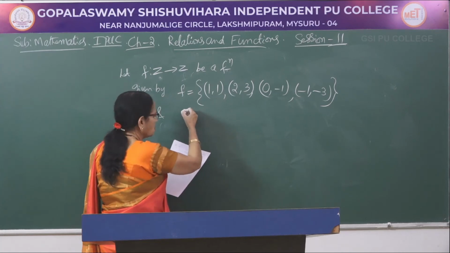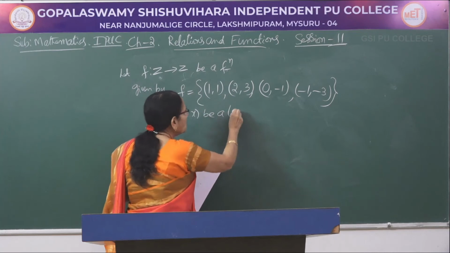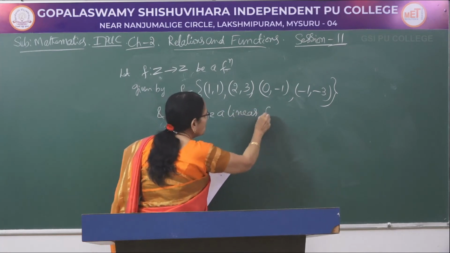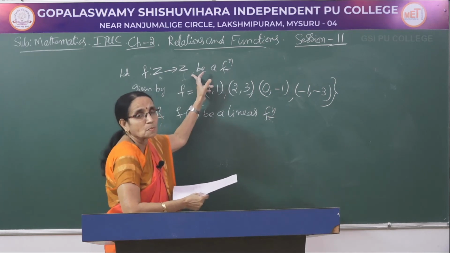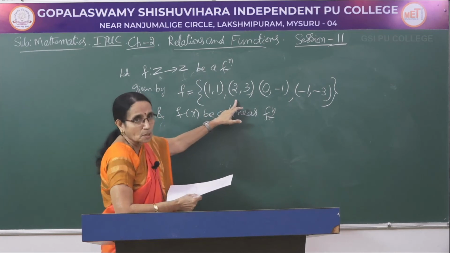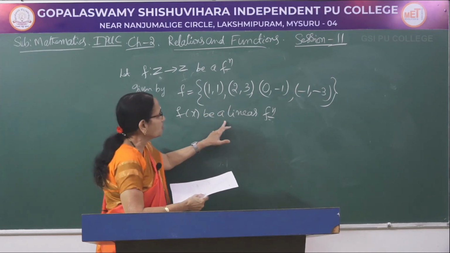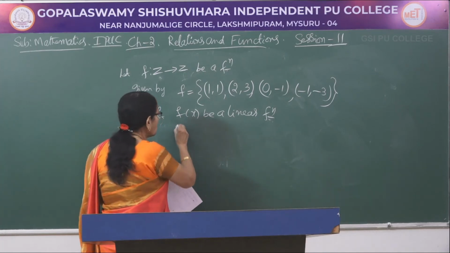And f of x be a linear function. So f from Z to Z. Z to Z means set of integers to set of integers, which has so many elements, and let f be a linear function. Now find